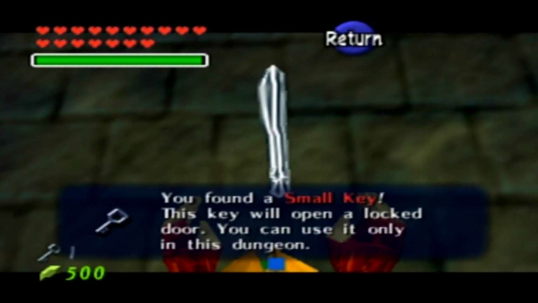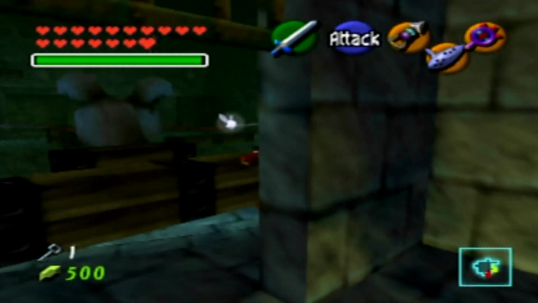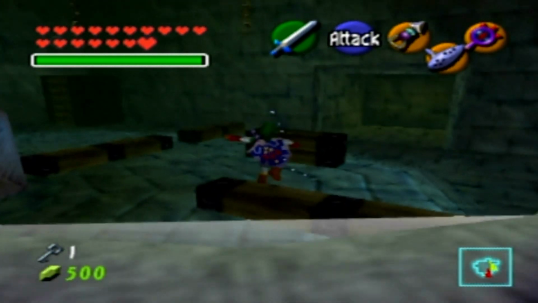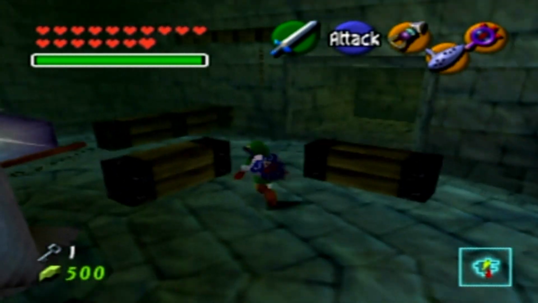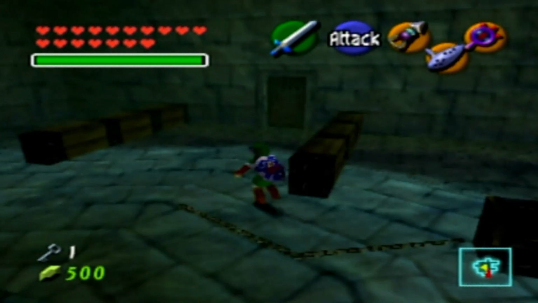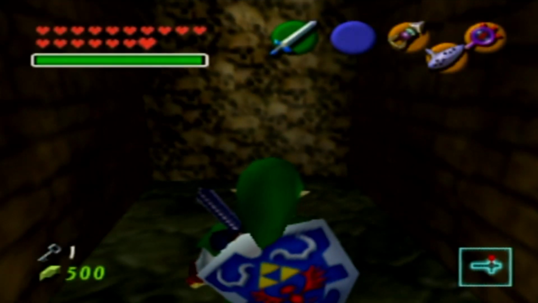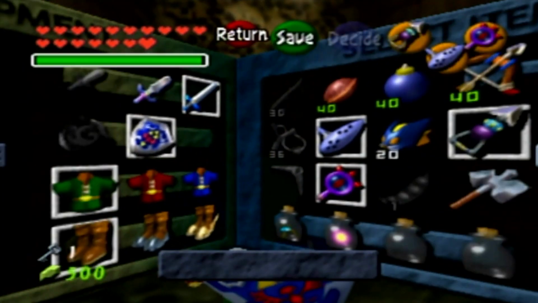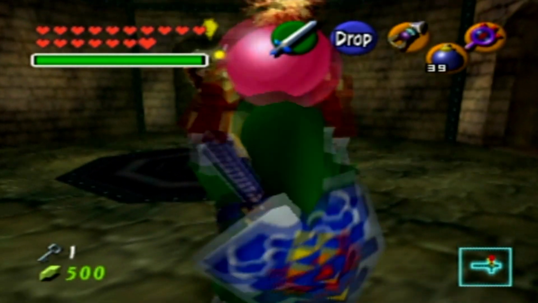So if you haven't gotten it already, then you're going to want to go back to the bottom of the well. I've already covered this in the last episode, that's where you can only access this as Child Link, and then you just have to go to the bottom of the well and grab those Lens of Truth from there. That's actually the best way to ever get through the Shadow Temple, so that way you know where things are, because I was actually over there when I played this as a kid the first time,